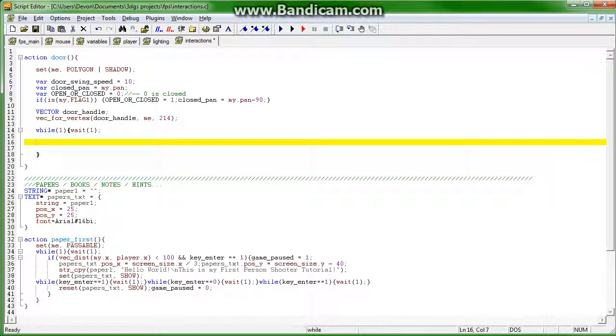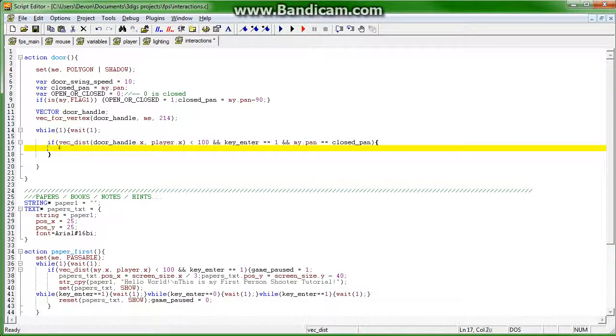Okay, so while 1, so if vec_dist my.x, door handle dot x and player dot x is less than 100, and key enter equals 1, and my.pan is equal to closed pan. So if the door is closed, then set me to passable,